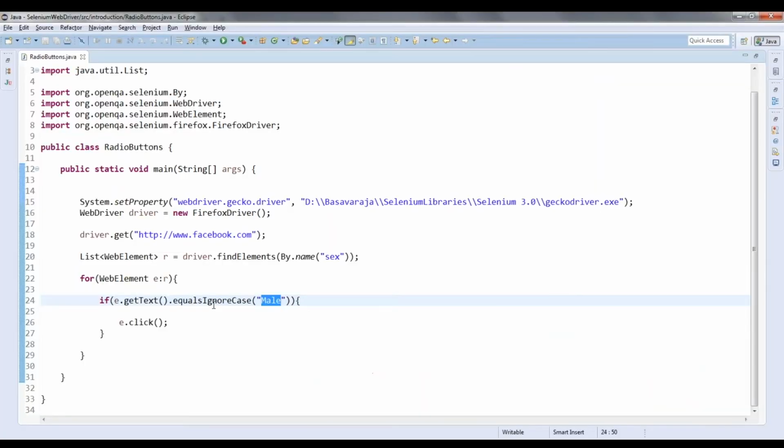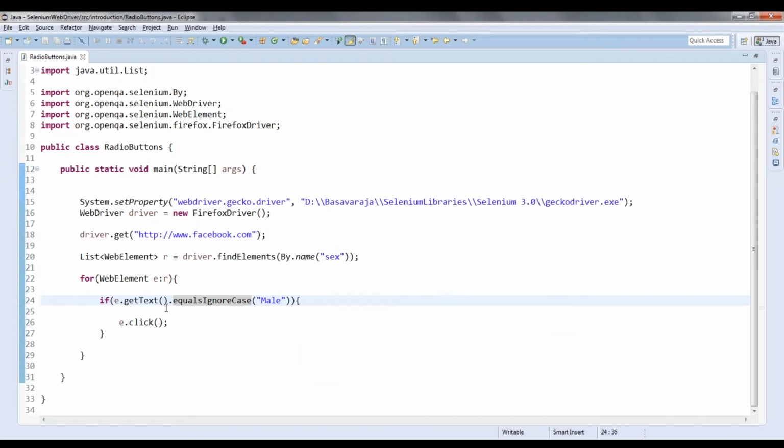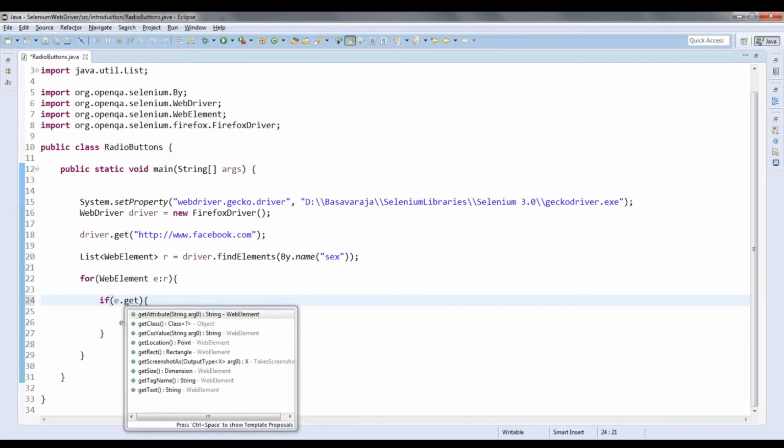So I cannot just get text. I will be getting the attribute value. I cannot get text because inside this input tag I don't have any text. So I will be selecting value. If the value is 2, for that you need to use not get text, e dot get attribute.